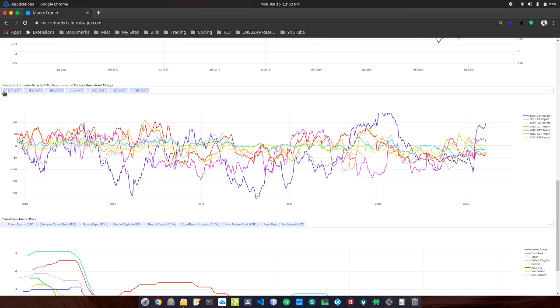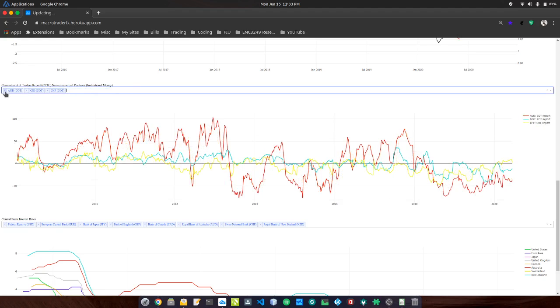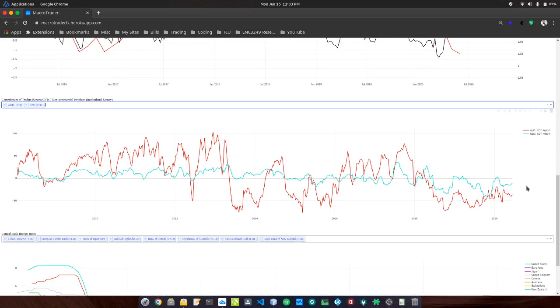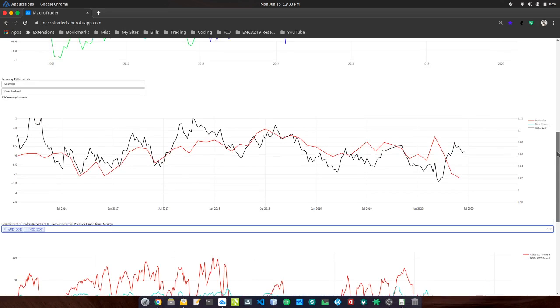And let's look at commitment of traders reports, the institutional money, where they are positioned for those two. Now these are in terms of dollar contracts, but if you look at the relative comparison, New Zealand dollar is doing better, and hopefully we'll get a flip on this based on the economic data for the New Zealand dollar. Again, it's a week old on the institutional positioning, but it can give you a good idea of what institutions and smart money is doing.